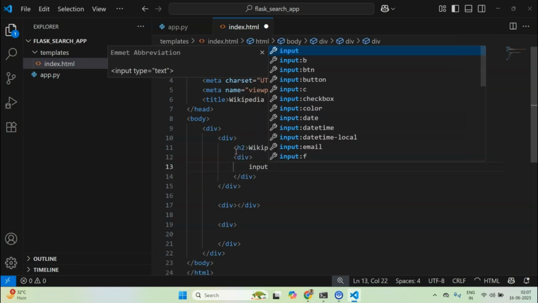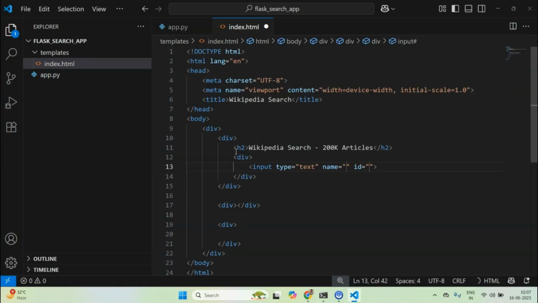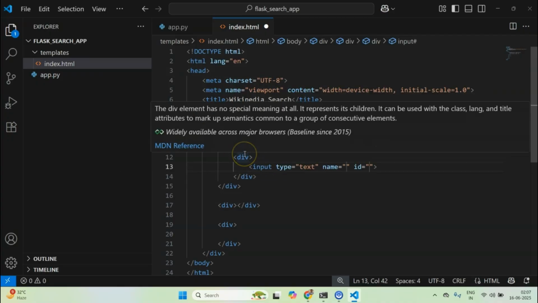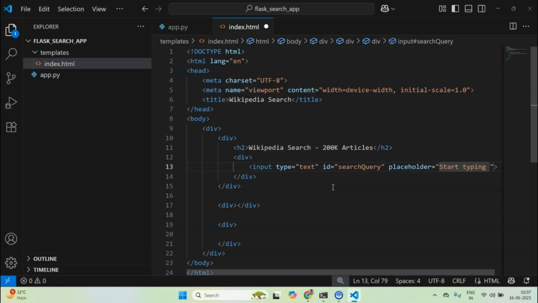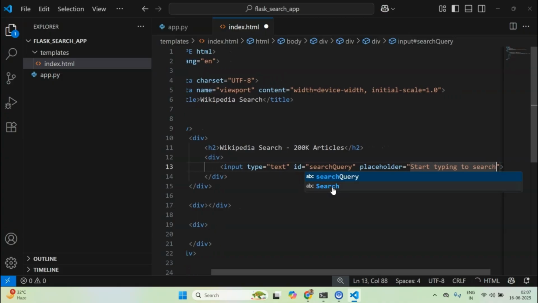Now this input will be of type text, and I'll just omit name for now, and for ID I can keep search query for now, and I can also have placeholder which is start typing to search maybe.